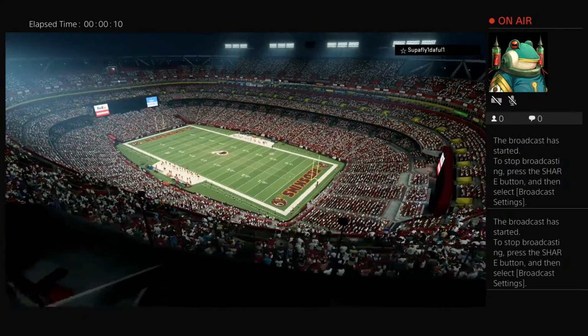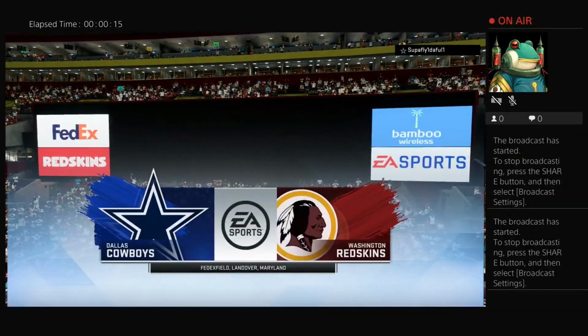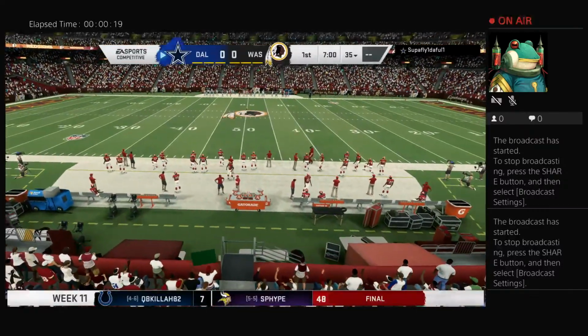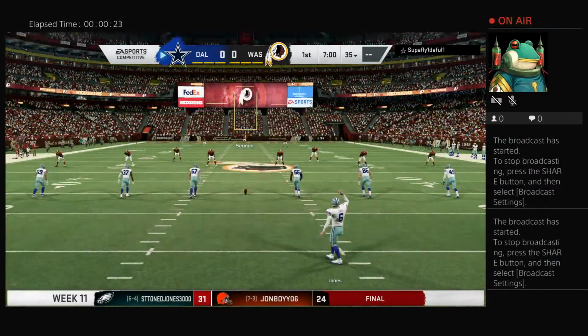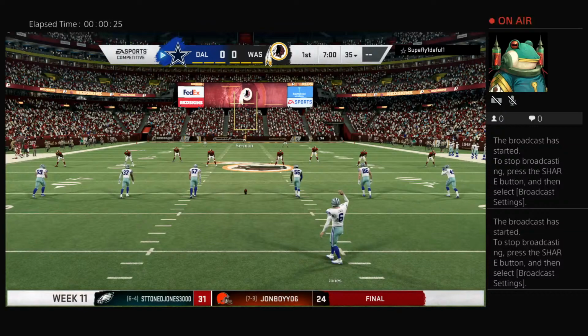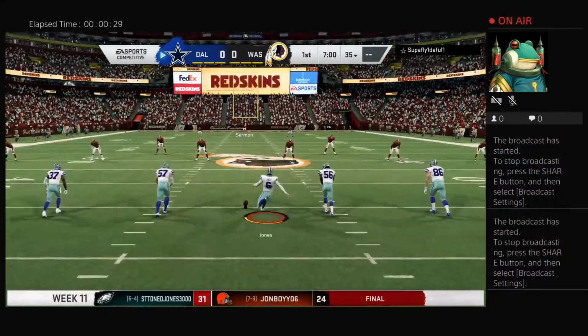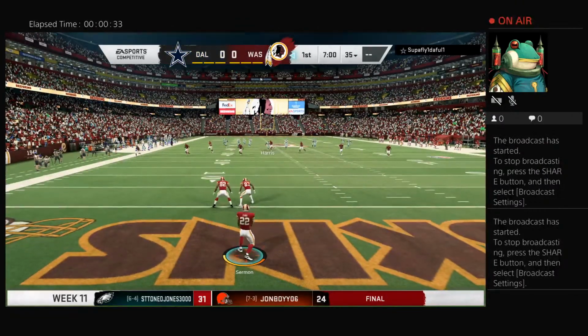Thanks, Coach. Well, the sun has gone down and the mercury is going down as well. To be expected, I guess, here on an autumn night just outside of D.C. at FedEx Field. The scene a few moments ago, here it is. It's unlike any other in sport as both teams made their way out of the tunnel. These folks are fired up as their guys are ready to do battle between the Dallas Cowboys and the Washington